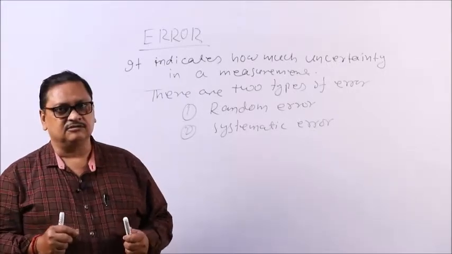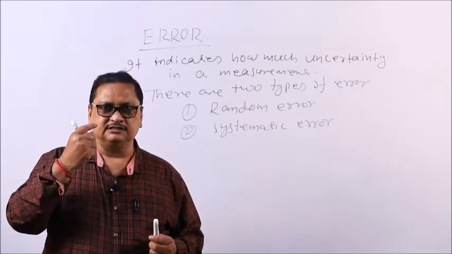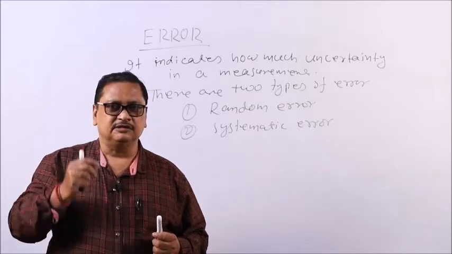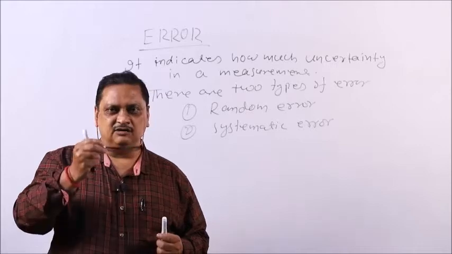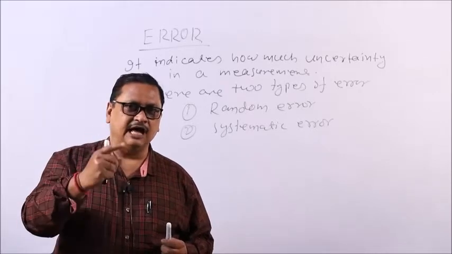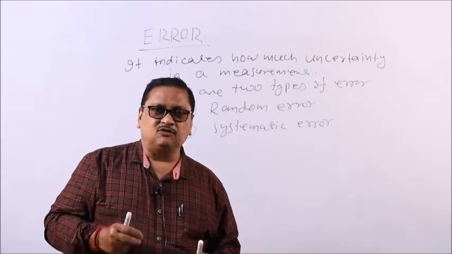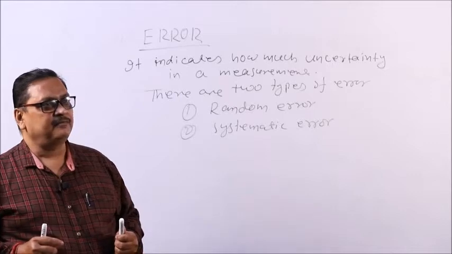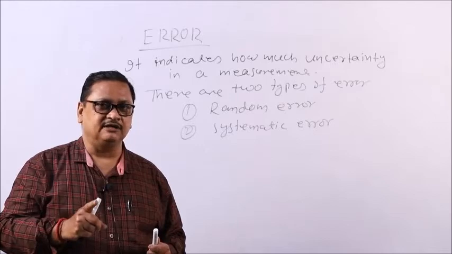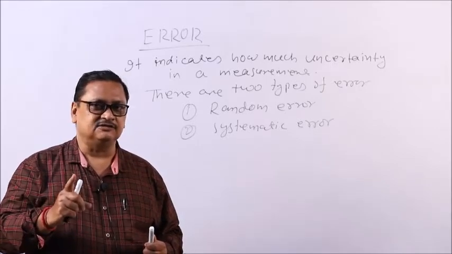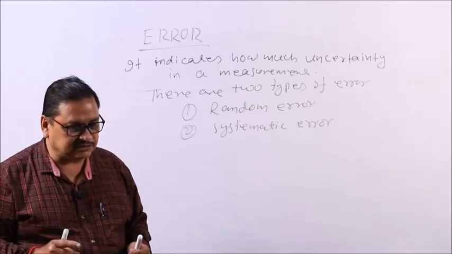Another is personal error. Personal error means, suppose I am using these optical instruments. If I remove this optical instrument, I will say one reading, and when I use this optical instrument, then I will say another reading. So, that is personal error. Then another is constant error. Constant error means, just like that thermometer which is always showing 1 degree Fahrenheit excess, the error in that instrument is always constant, that is 1 degree Fahrenheit. That is known as constant error.